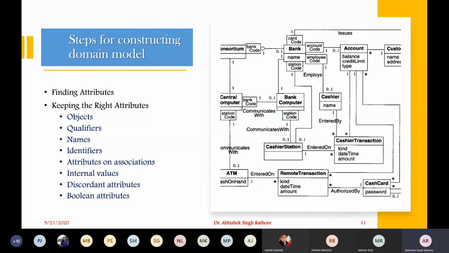This is my example. In this ATM example, we have the bank code and the card code that are present on the card. So what we must have is a new association, let's say bank issues, and right from this bank issues your cash card. Then from your cash card, the card code that you have, you have some qualifier association, like the bank code and the qualifier of a bank.